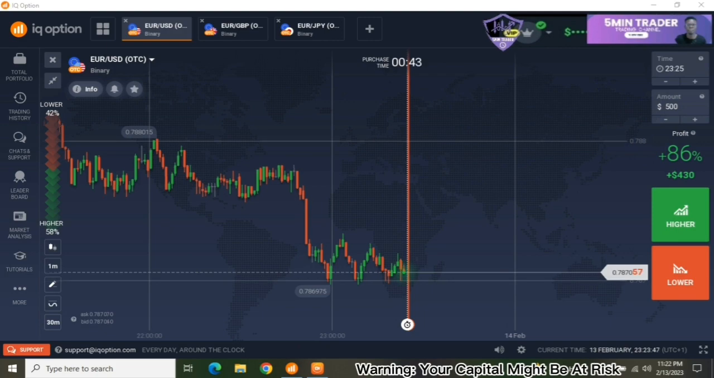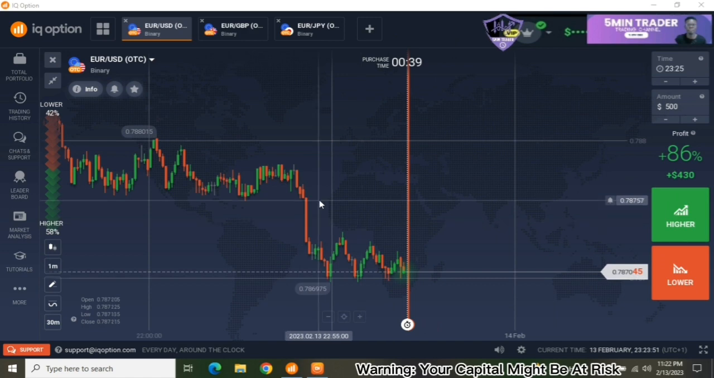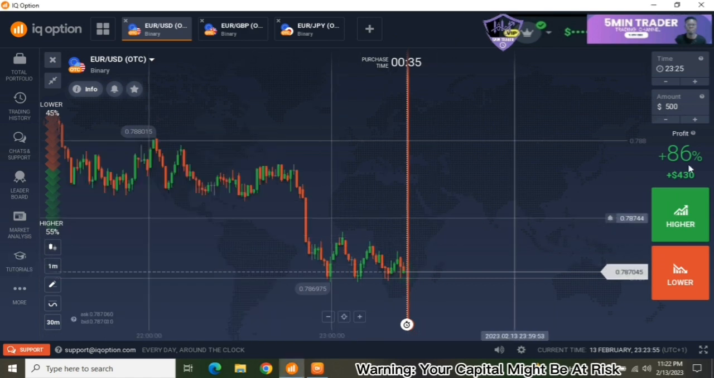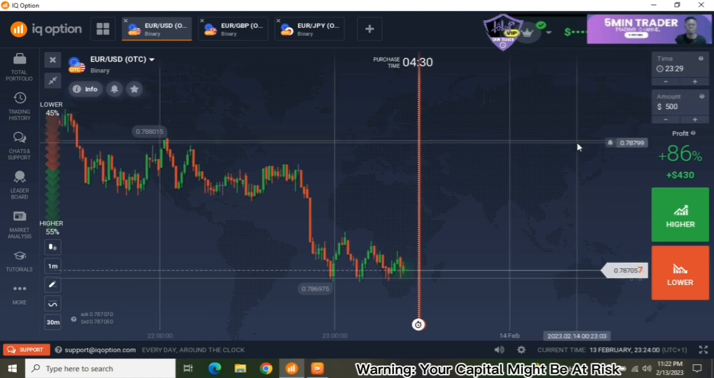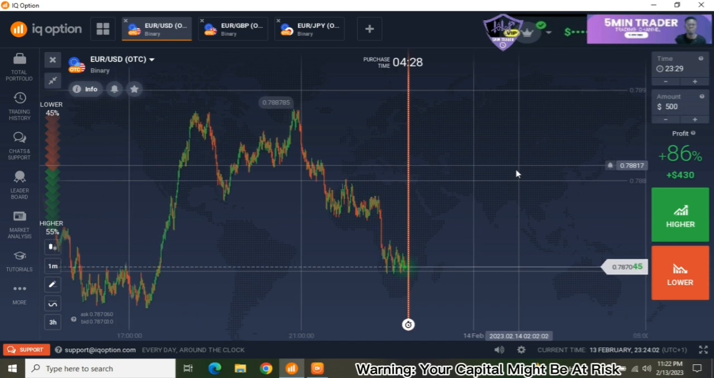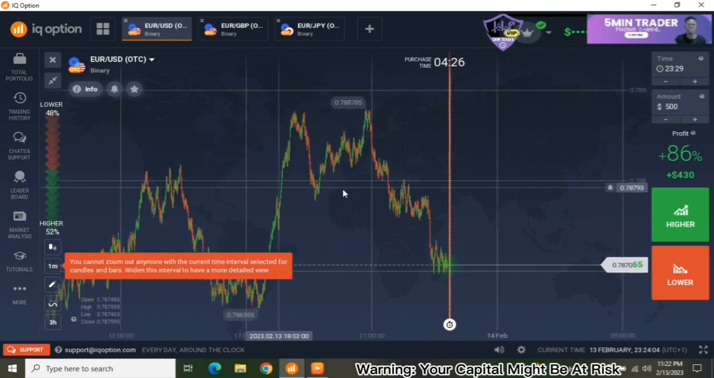So without wasting further time, let's get started. This is the Euro US dollar chart, and this is the 1 minute candle time frame, as you can see here, and I'm going to be taking a trade for 5 minutes and I will have that set up. So the first thing I'm going to do is analyze this chart. This for me